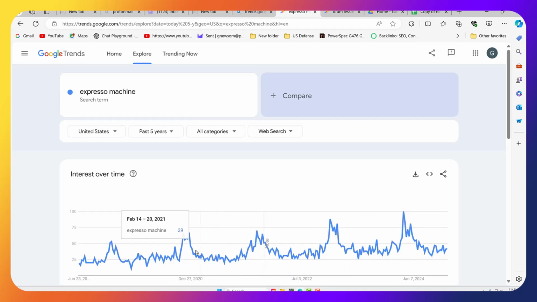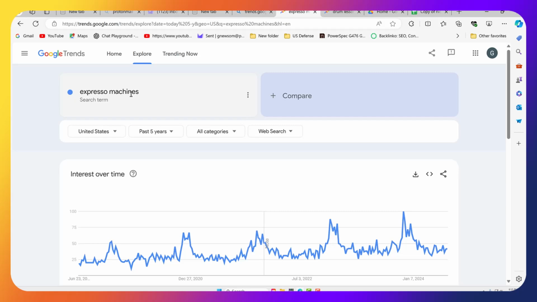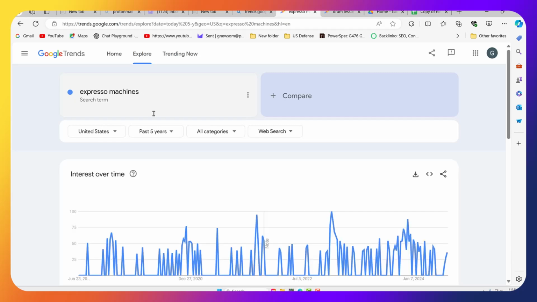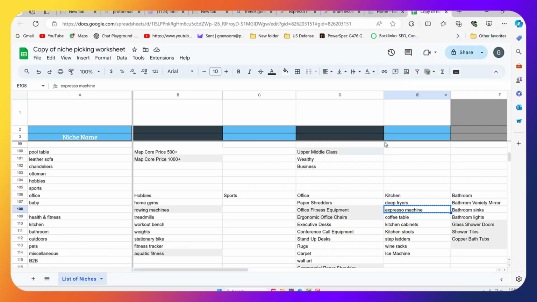It's a little bit more seasonal, not really. Probably should have defined that. Maybe sometimes if you add an S to this, it makes a difference. Not always. Let's take a look and see. That didn't help it at all. So anyways, that's one I probably would not encourage you to use at this point in time.